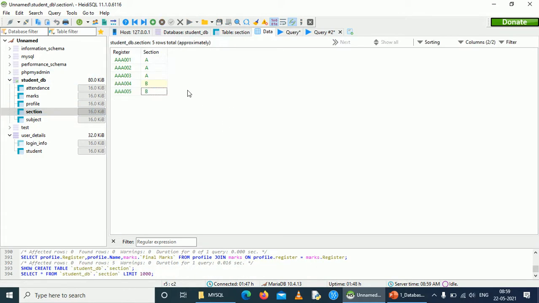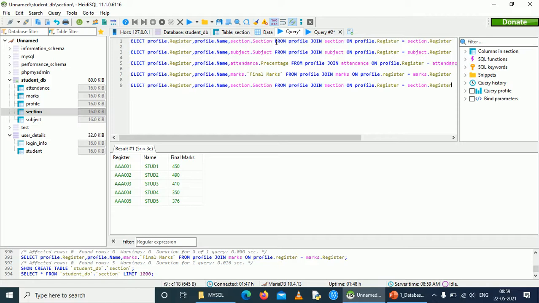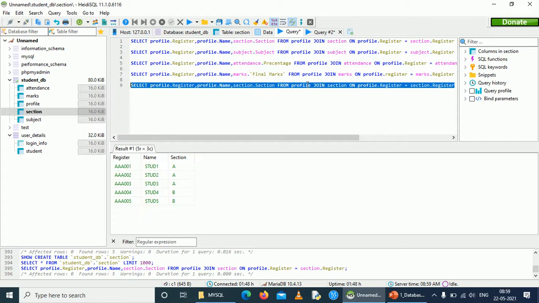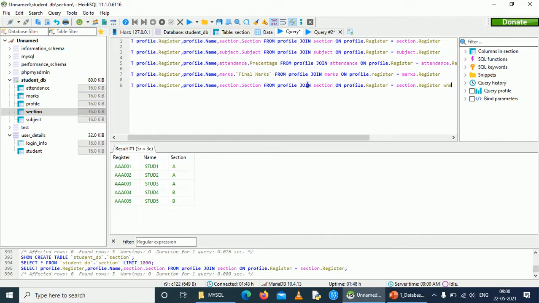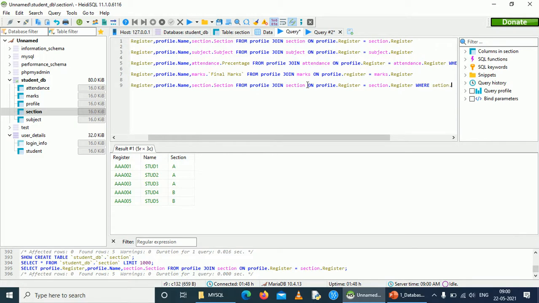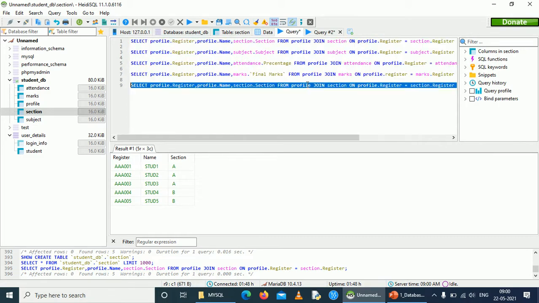As per our records, we have two sections, A and B. I need to display the names of students of class A alone. This query can be copied actually. This will display for all the sections, and we can add a where clause for the particular section data.